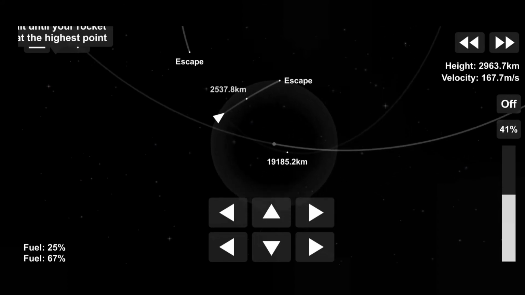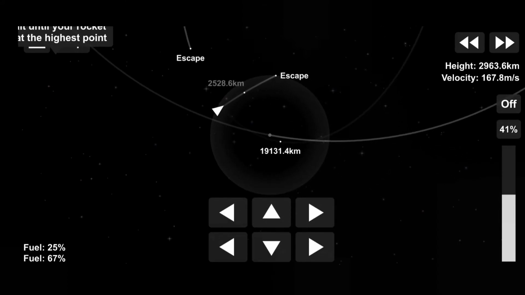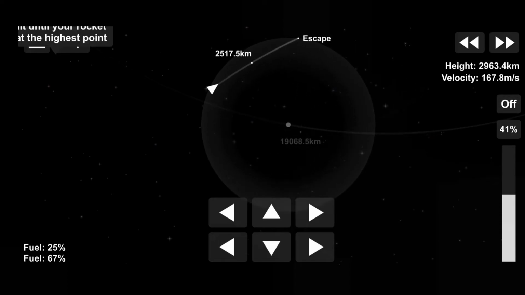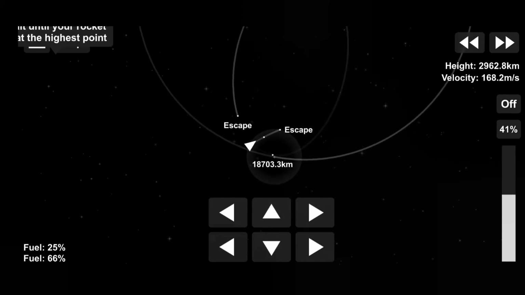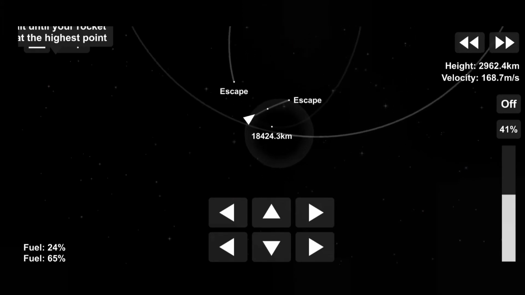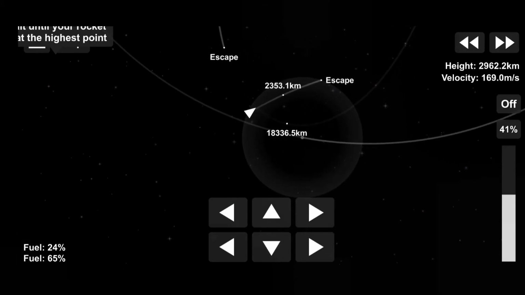As you can see, we are still in an orbit around the Earth and there's an escape that is written on the screen. This means if we continue on a path right now, we are going to escape from the field of the Moon. To make sure we do not escape and eventually crash into the Moon, we use our RCS to slow our rocket down and collapse the trajectory into the Moon.